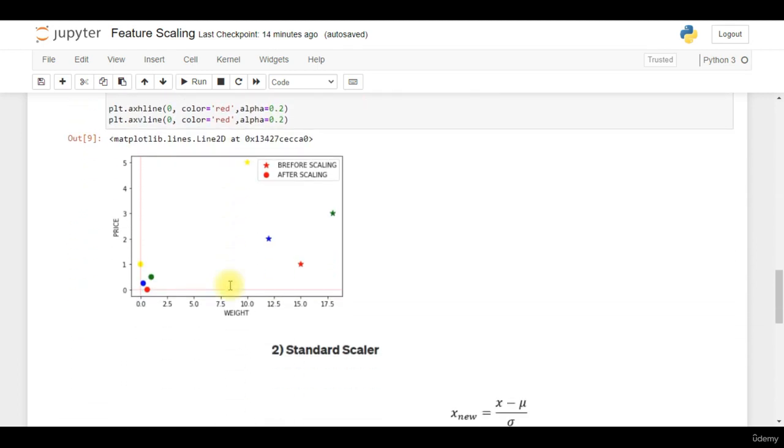So if you have a close look at this plot, these are the original data points before scaling, and as you can see the difference between their values that it is creating without scaling. All the star marks are the data points before scaling, and once we perform the scaling, then the data is scaled to proper units. So this is how min-max scaler works. Now